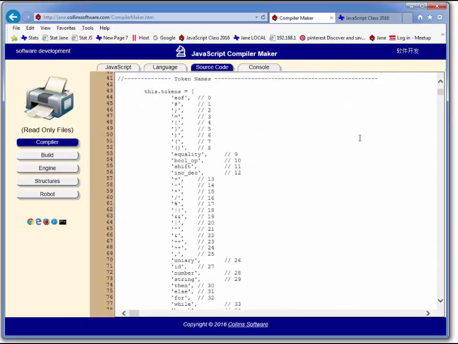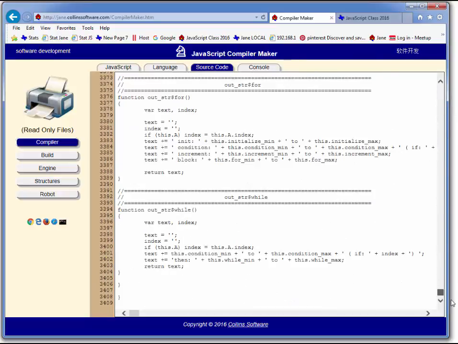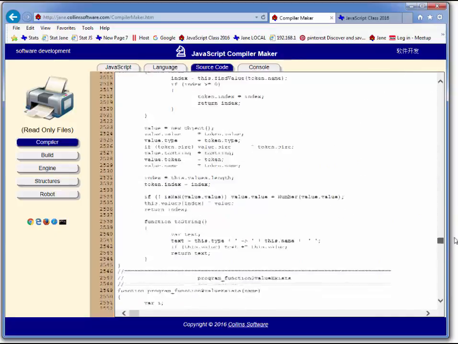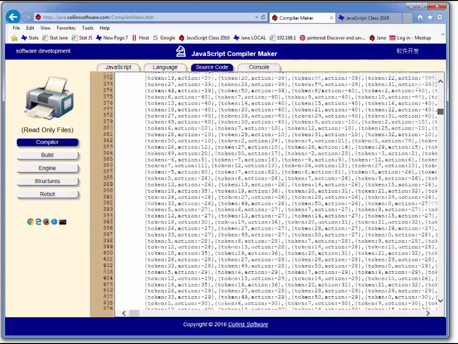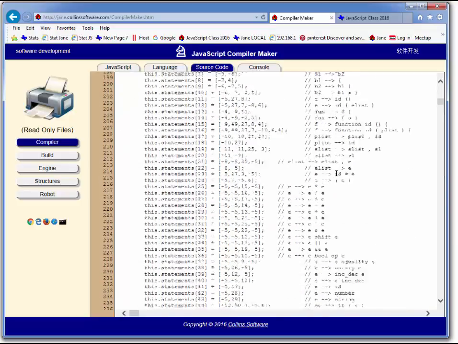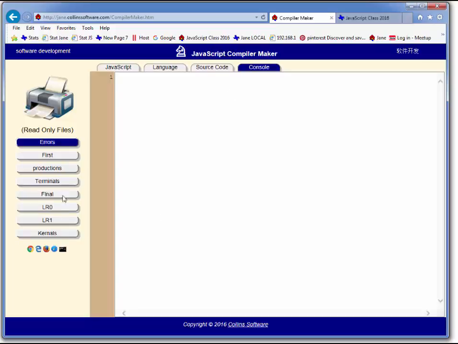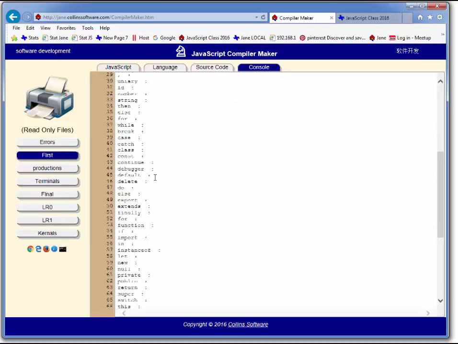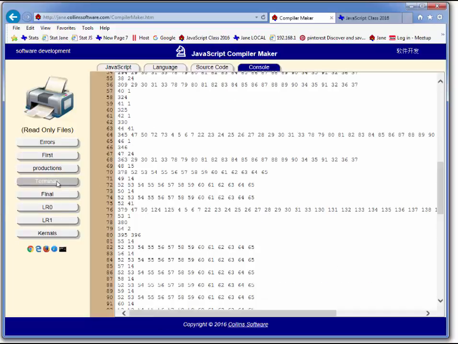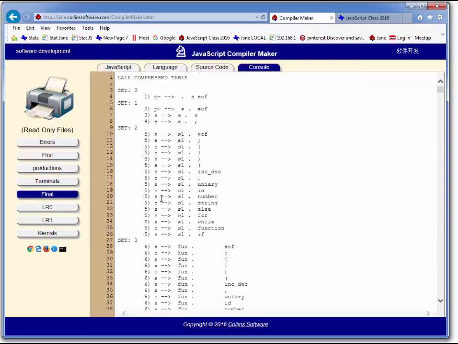It's about, let's see, it's 3,400 lines, but it has the parser, it has the state table. Here's the state table, which is generated. It's an LR1 state table. We can look at these. These are the internal tables for the compiler. So this is a standard